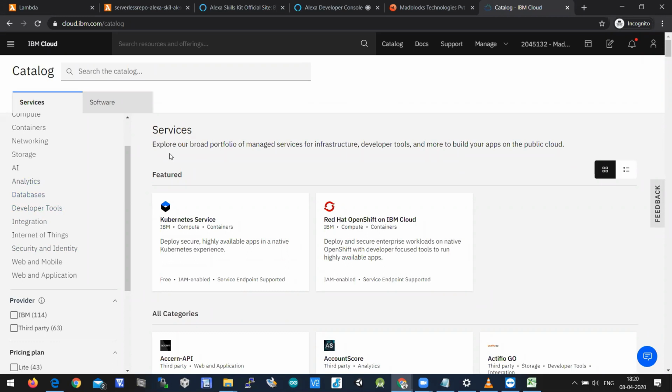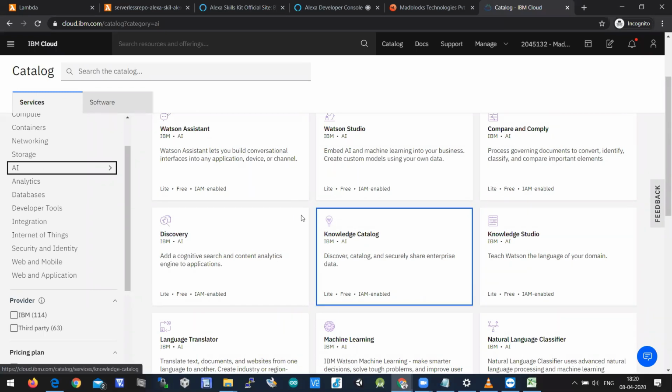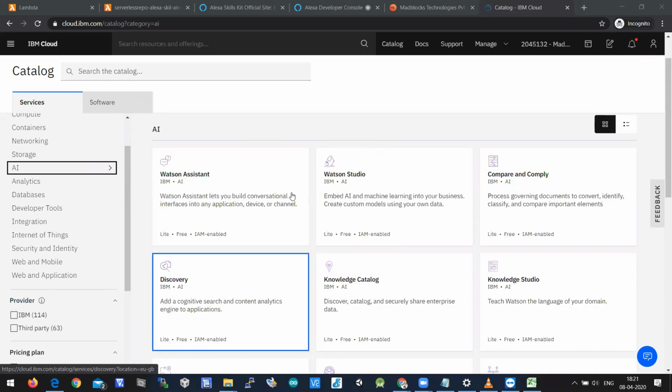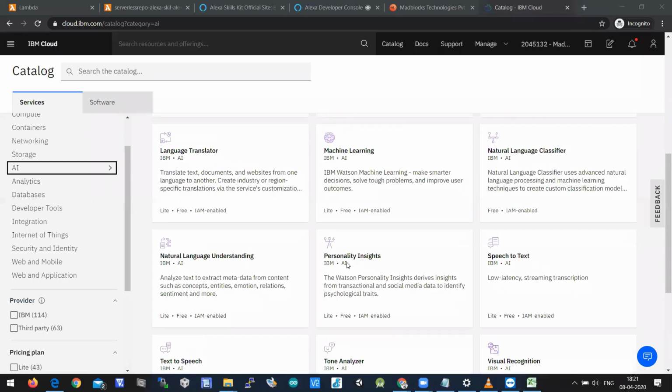But as far as this webinar is concerned, we'll be focusing on only one service, because every service will take 1 hour to explain. Today we'll be focusing on how to create a visual classifier, that too by using a domain called AI, which is artificial intelligence. You'll have different types of services in AI, in IBM Cloud, something like Watson Assistant or Watson Studio. There are services which are available here. You can easily track those services. Nearly 10 plus services are there.